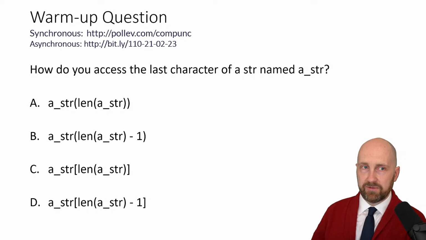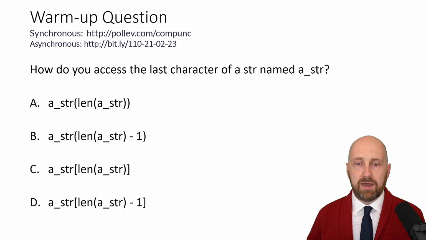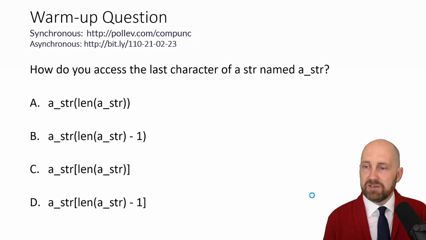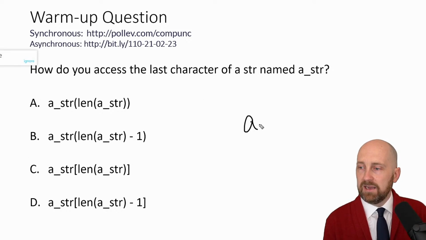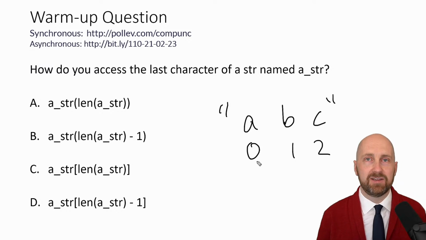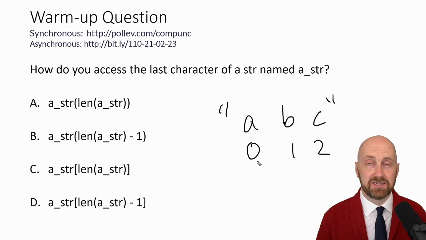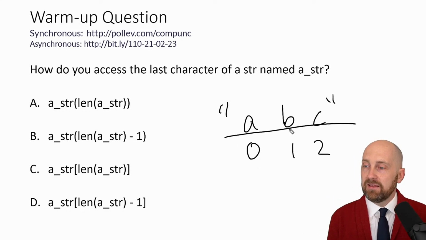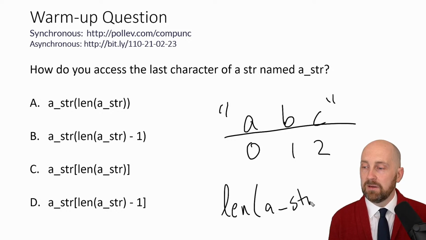And let me open up my pen software real quick. And we can get a visual of what's going on here. So let's imagine a string that had, say, the characters ABC in it. And so A, B, and C. Well, we know string indices start out with 0, 1, and 2. They are 0 indexed, we like to say. And this is a reminder because we'll see that when we get to lists, they're very similar in that they're 0 indexed as well. And so even though the length of this string, so the length of a_stir, is 3,